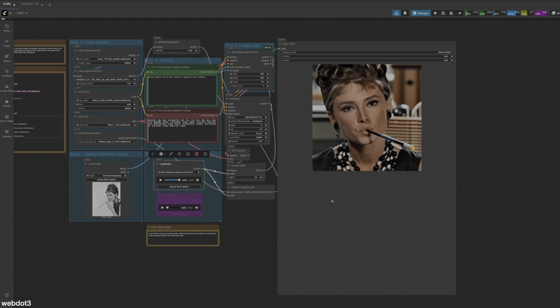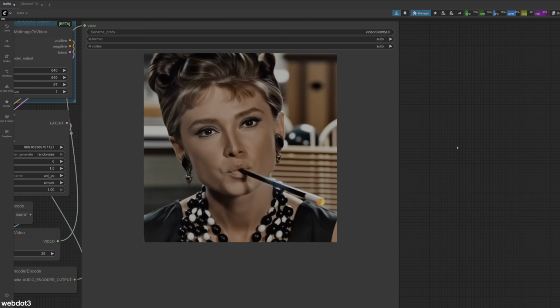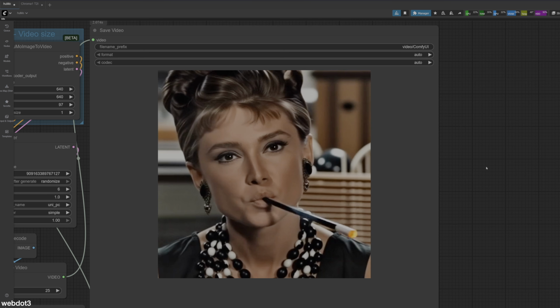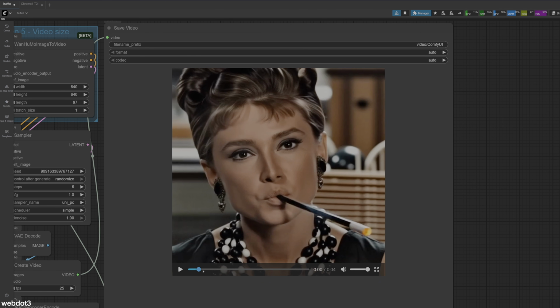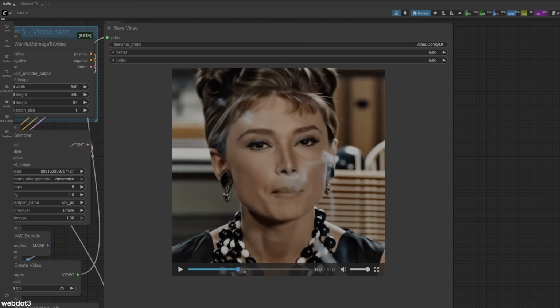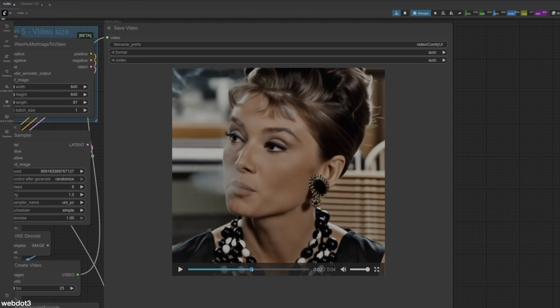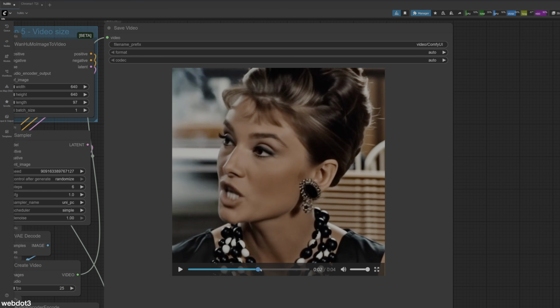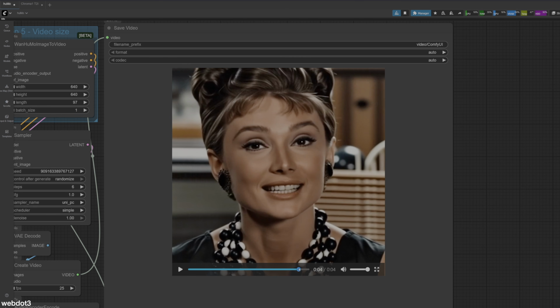Honestly, I kind of like that. It looks pretty cool. Let's take a look at some of the details here. Why not, eh? So the first thing I noticed was it recognized that she's smoking a cigarette, and as she starts to speak, the smoke exhales out of her mouth. That's pretty cool logic. Now, as I said, this is probably the worst example of this,